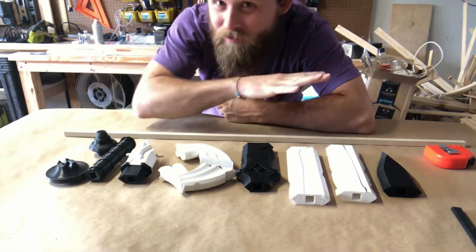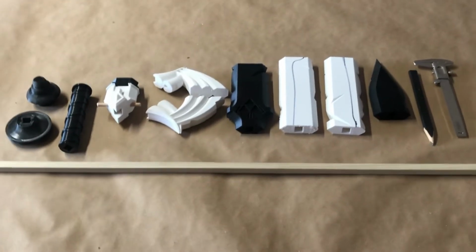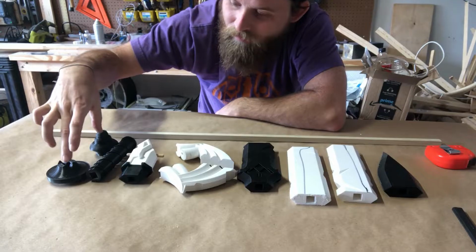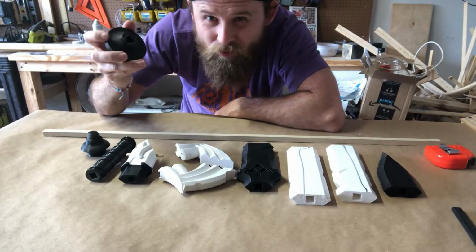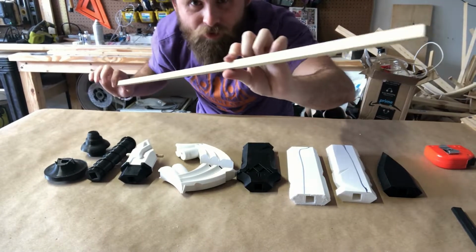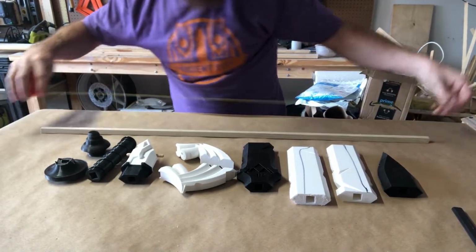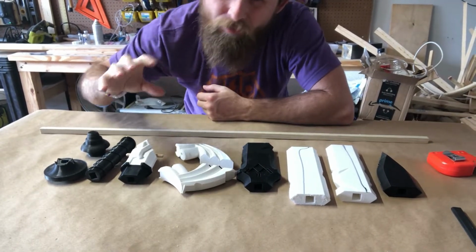So I got all 10 of my pieces laid out right here. I got the 4 pieces for the blade, the 2 for the crossbar, the middle of the crossbar, the handle, and the pommel. I can't remember what the part that goes right above the handle is called. Upper handle, I guess. And I have a wooden dowel for the inner structure. This dowel is 33 and a quarter, but you could probably go with 33 and a half. That should be fine. I made it a little shorter just so I can be clear of any sort of